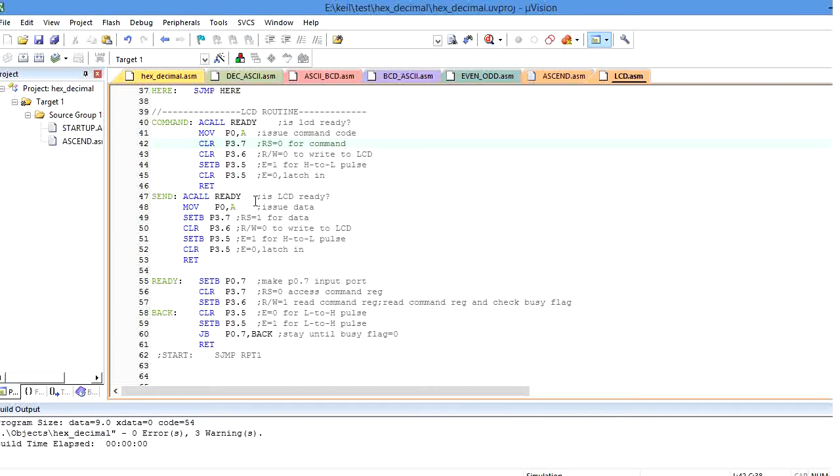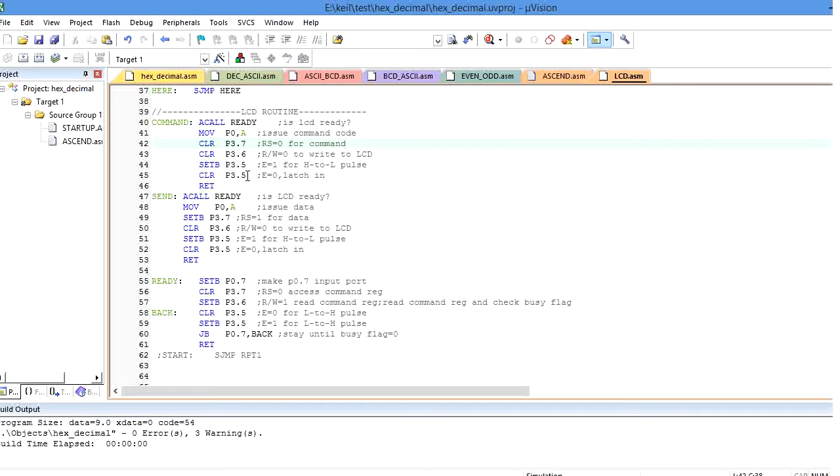Okay, so here first we need to configure the LCD device. Whenever the 8051 microcontroller wants to transmit data to the LCD device, first we need to transmit the command. After that we need to transmit the data. In order to transmit command as well as data, we need to do some configuration.